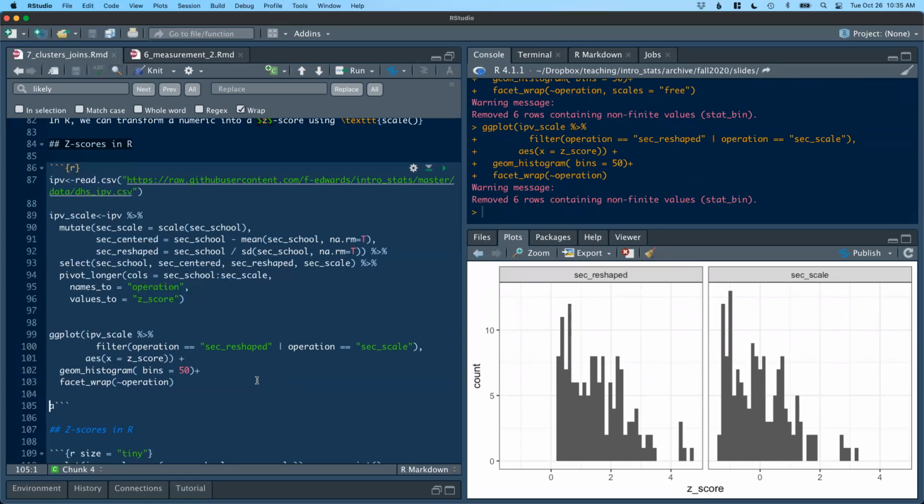We see that the shape of the two distributions, again, is identical, but the location is different. For the reshape, remember, we're centered at about 1.5. That's the ratio of the mean to the standard deviation. On the scaled variable, we're centered at 0, right? But the shape of the curve is identical. Okay, so if we preserve the shape of the curve, we can move it